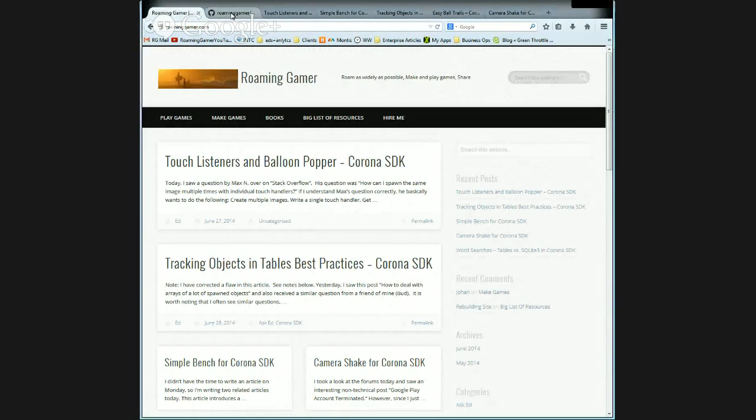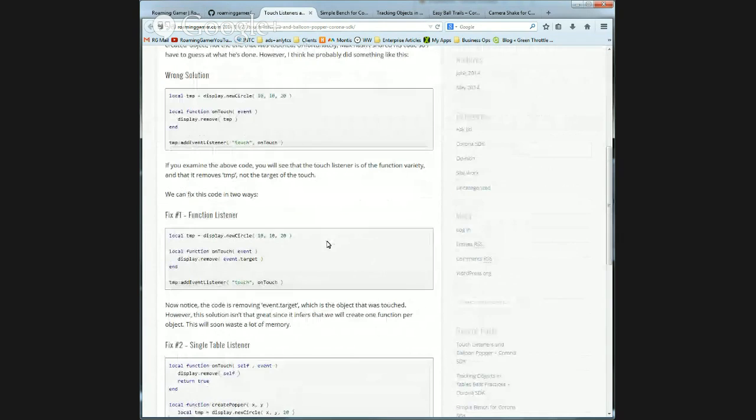Recently redesigned, reorganized, and open to more redesign as I find other things that I need to change. But it's all a question of time, and I kind of like it. This is a decent layout. And most of these articles come with code, and in some cases I include the code directly inside. Can you see that okay? Yeah. I include the code directly in line with the article